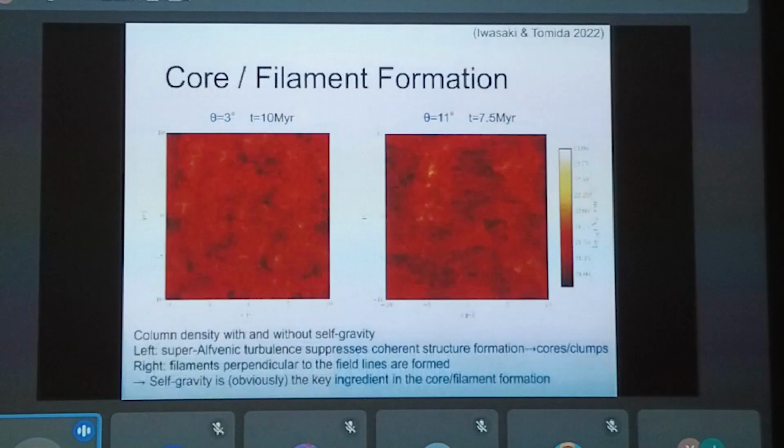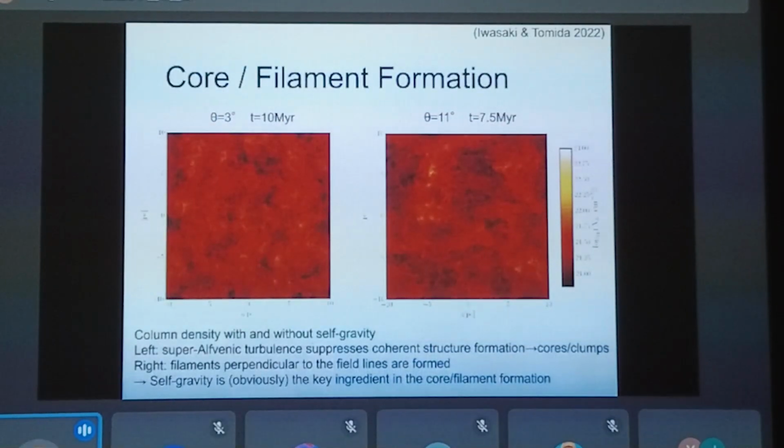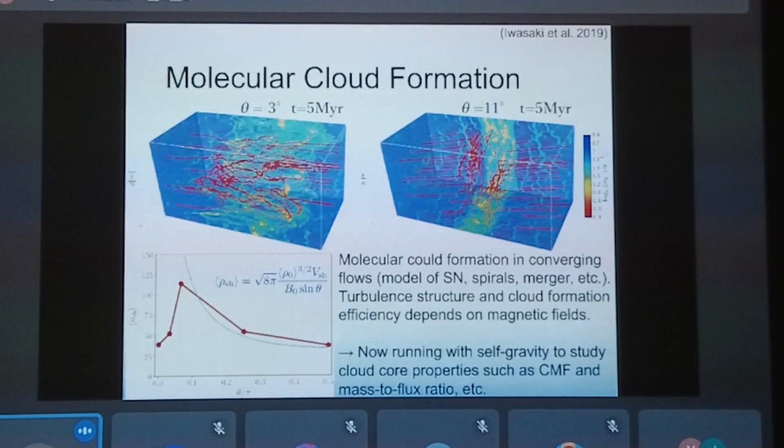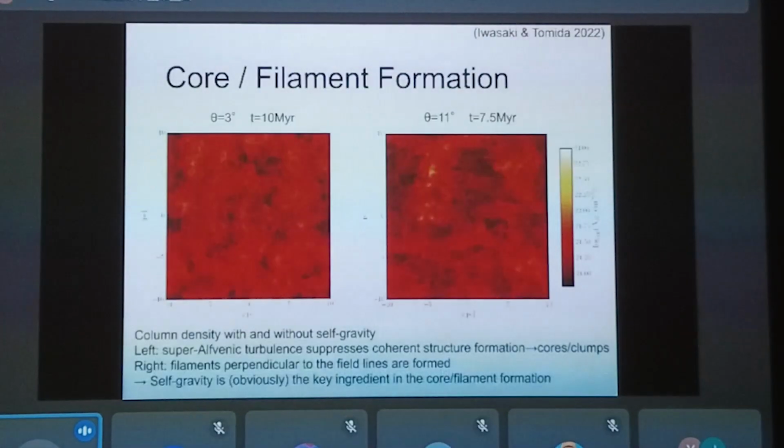Now, because we already have a self-gravity solver, we introduce self-gravity here and see what happens. This calculation was without self-gravity, and this converging flow produces these structures. These are column density maps shown along the line of sight parallel to the converging flow direction.